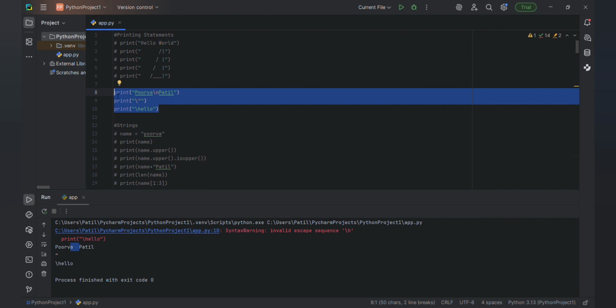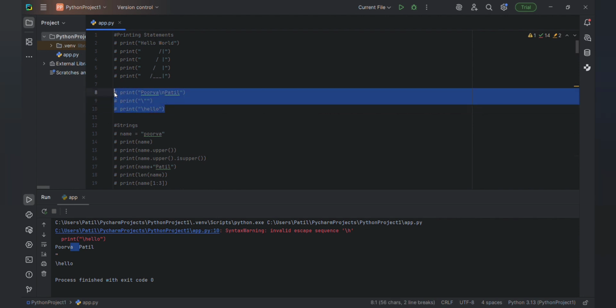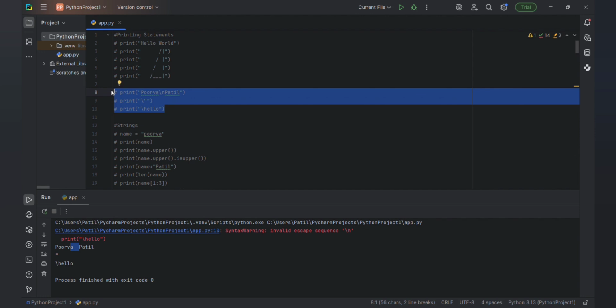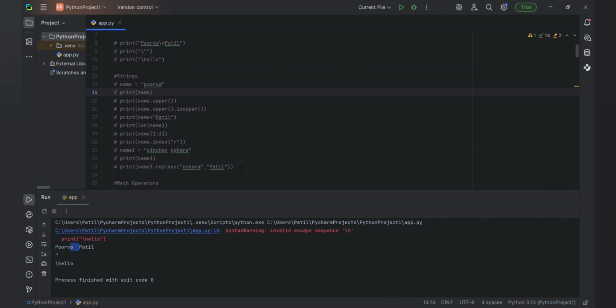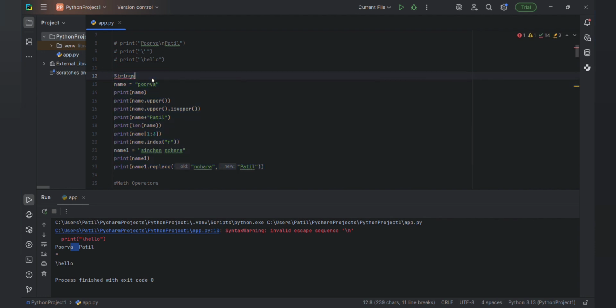Let me comment this. Another thing in Python is that to comment, a slash is used. The shortcut key: take these lines and press control and forward slash, and it will comment out multiple lines if you want. Let me go further. Let me comment out this. If you want to comment, you can press the same key which I have said, control and forward slash. If you want to uncomment this, you can press the same key, control and forward slash.